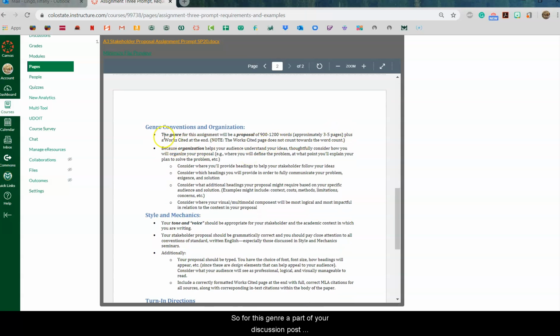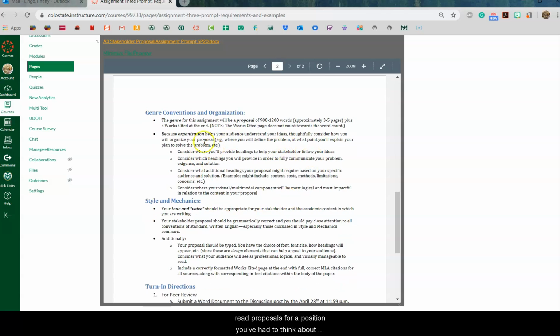So for this genre, a part of your discussion post questions this week, which I'll talk about in just a second, is that you need to think about what a proposal looks like, okay? So think about proposals you've seen in real life. Maybe you've read proposals for a position you've had. So think about what a proposal needs, and you'll have to figure out a way in which you'll understand your